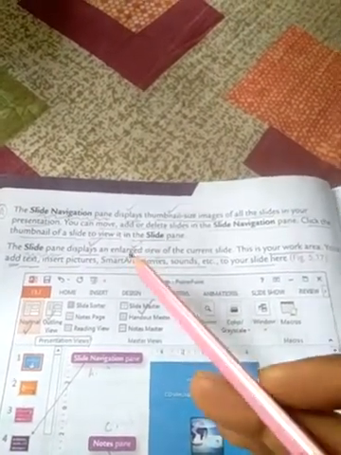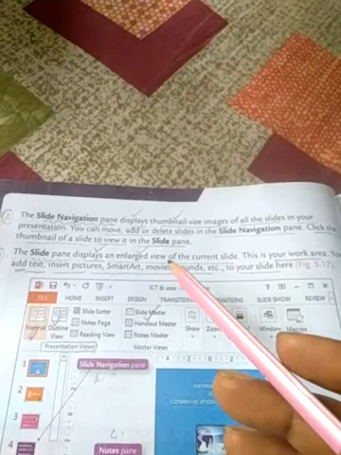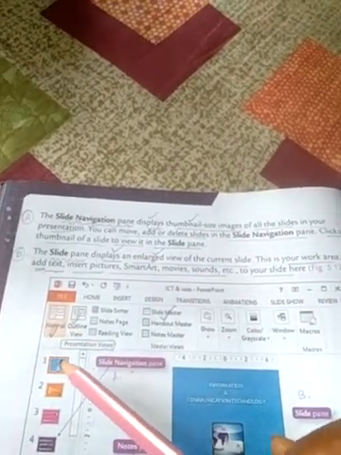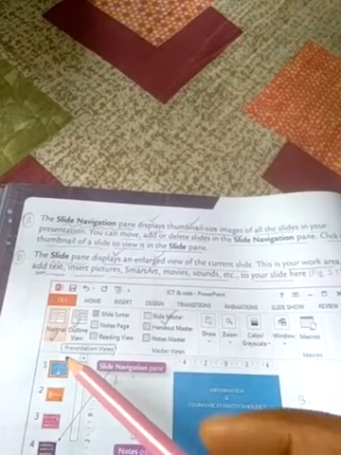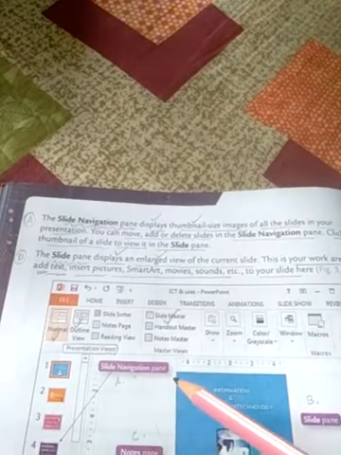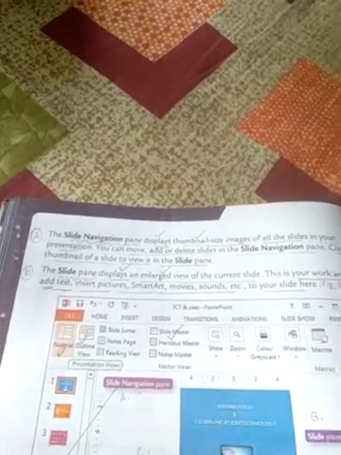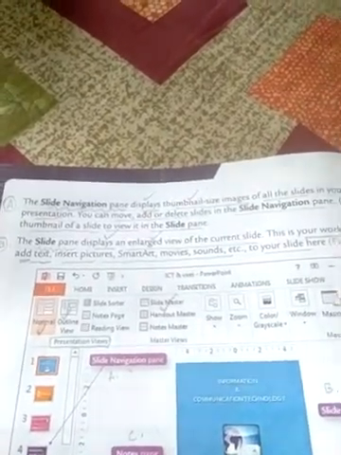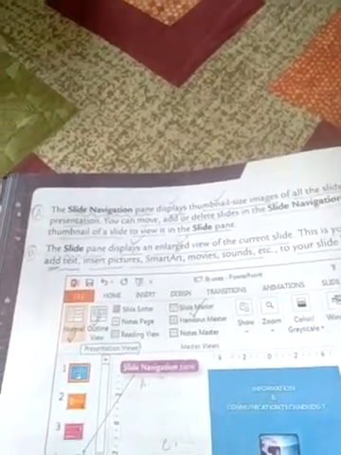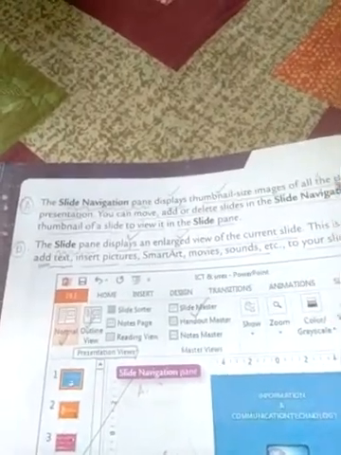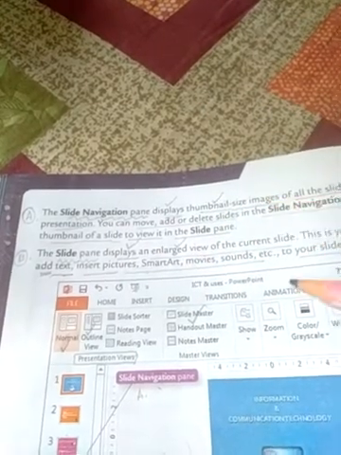In order to view or add or move or delete any slide of the PowerPoint presentation, we just have to click the selected thumbnail of this slide of the PowerPoint presentation, and then we can easily access that slide, where we can either add, move or delete. That means we can modify the slide of the PowerPoint presentation through this slide navigation pane of the normal view. This is the main reason for using the slide navigation pane.